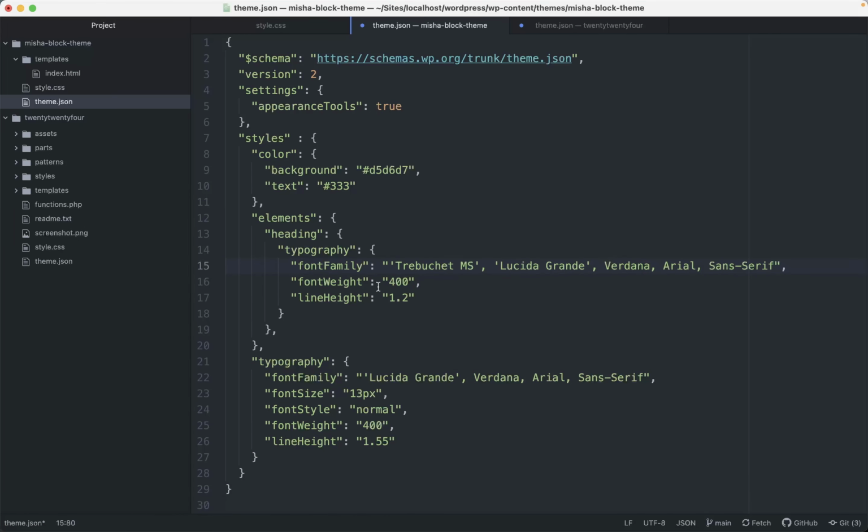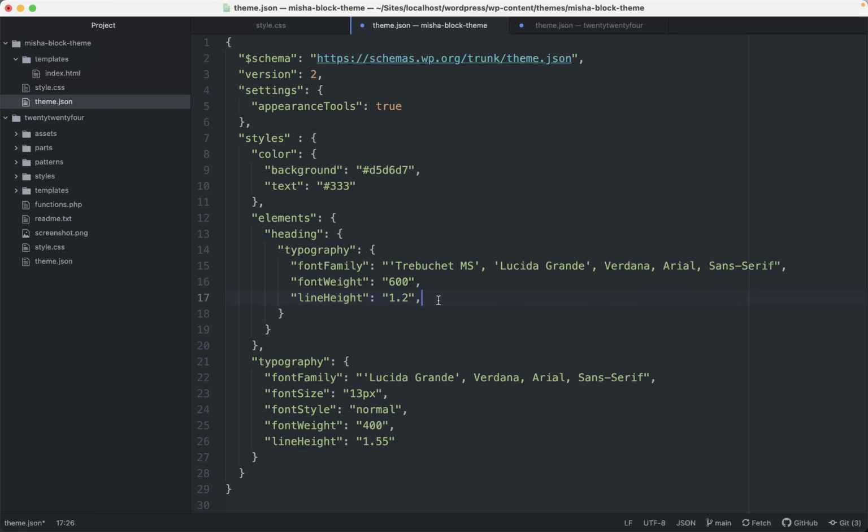Okay, and also we have it bold like this. One more thing I would like you to keep in mind is that when you make any mistake in your theme.json file, for example, you can leave an extra comma where it shouldn't be, or for example, I already found a mistake and here it is, and then your JSON file is incorrect and all the changes in it will be just skipped, and you maybe